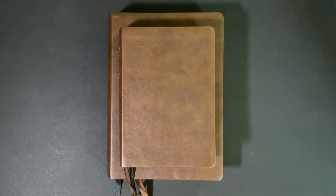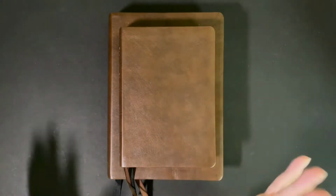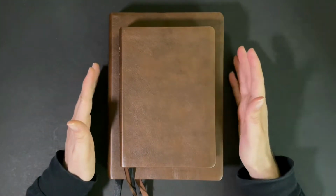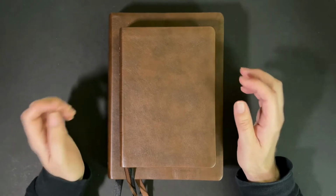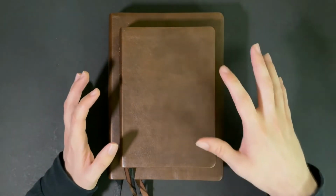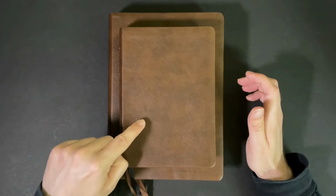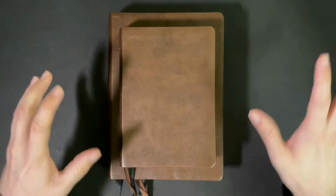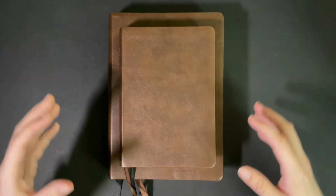Normally I review one Bible per video, but today I'm reviewing two Bibles. That's right, two Bibles. These are the new NASB 2020 Bibles. On the bottom is the giant print, and on the top is the large print compact. We're going to take a look at them and help you determine what you would prefer in